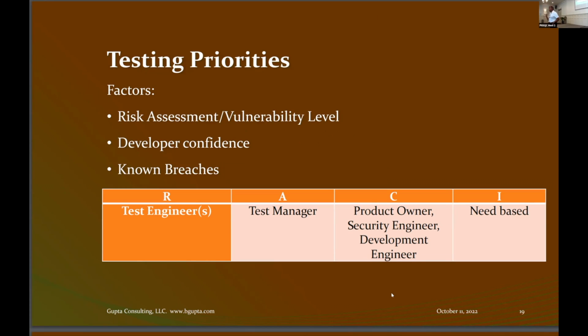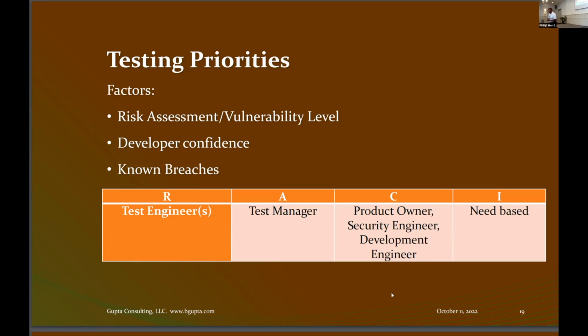The first factor is how risky a story is. If you're dealing with stories, for example, login is fairly risky. It's a very high risk story. You want to make sure that you have taken care of that particular story. It's on your chart. It should be tested. There may be other stories like that. What is the developer's confidence? Somebody might say, oh, I wrote this code, but I'm not really sure if it's totally secure or not. So look at those areas where you can say, this is not so secure. I want to make sure it's secure enough or secure.